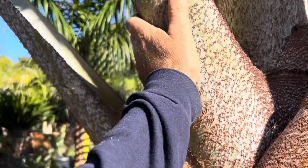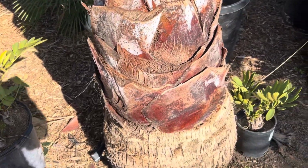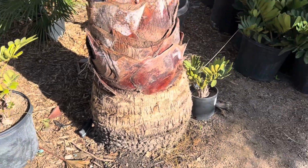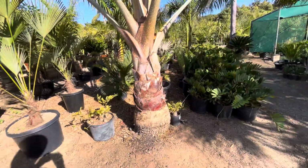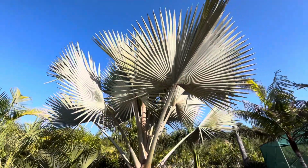But it has a really nice soft texture to it. And this is trimmed up perfectly. It does get a nice hard sort of semi-ring trunk in time. And I'll tell you, there's people on the coast who are like, I gotta have one, Gary, I gotta have one. I was like, well,